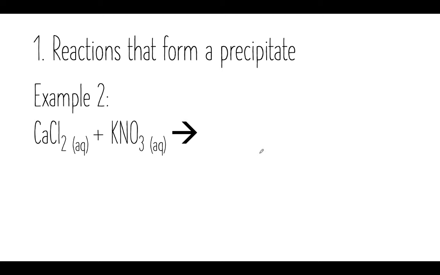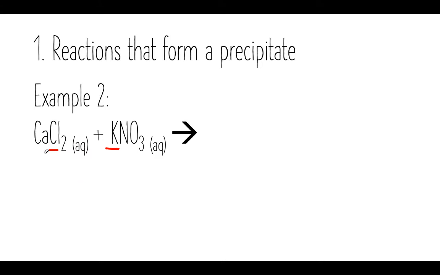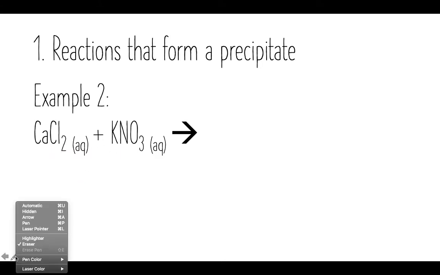So in this case, I've got calcium chloride plus potassium nitrate. I'm going to do exactly what I did the first time. I am going to figure out what my products are going to be. I'm going to have K and Cl bonded together, and Ca and NO3 bonded together. Just to be consistent with what I did earlier, maybe I'll just draw my line to show